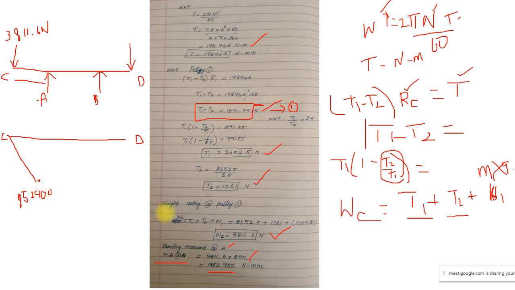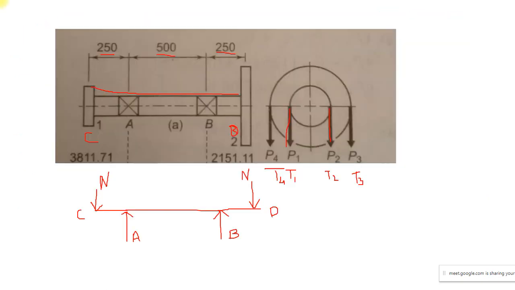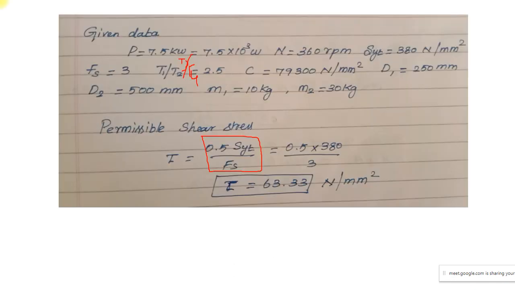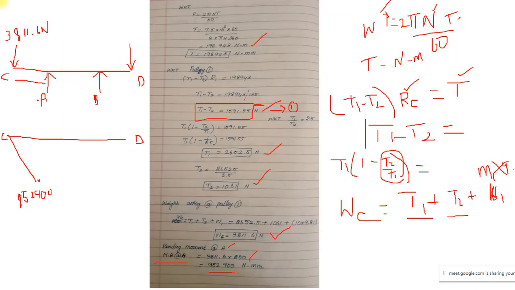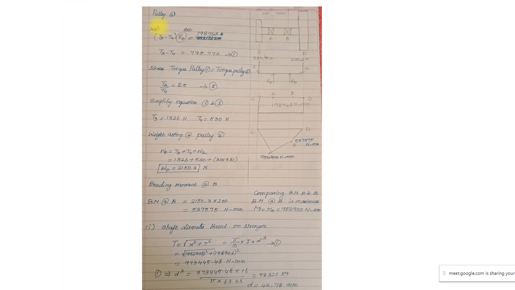Previously I have solved many problems. In all of them, one of the pulleys was in the horizontal direction and one was in the vertical direction. But here I have both the pulleys in the vertical direction alone. So I don't need a separate load diagram; I am going to find the weight which is acting on pulley 2, using the same concept which I used in the previous step.